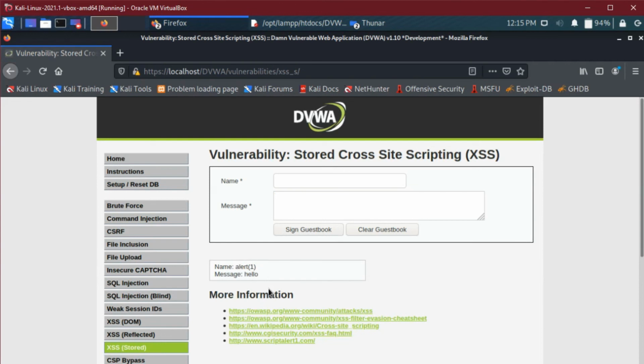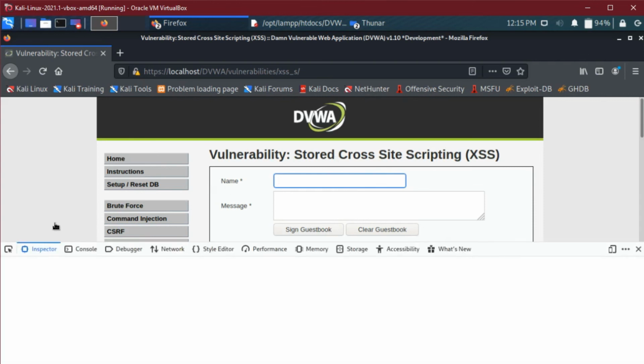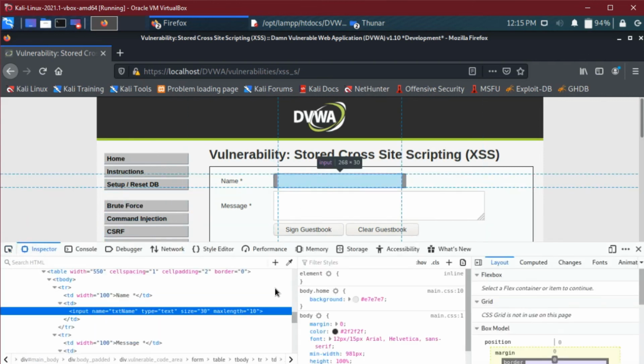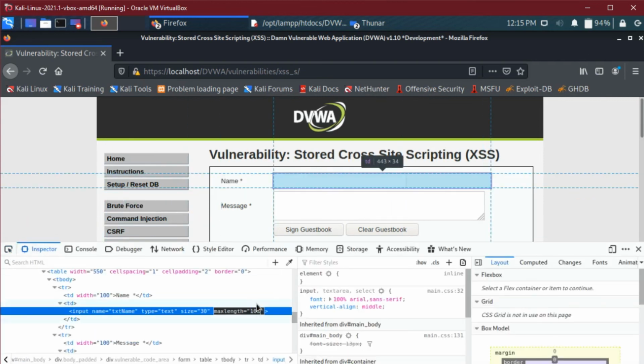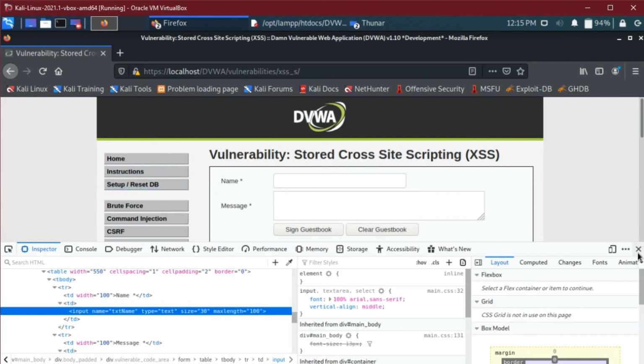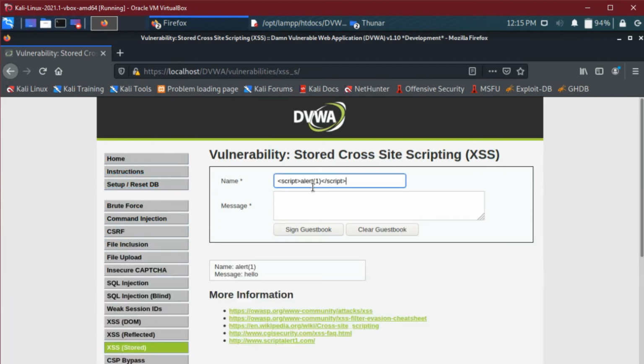So next, we again go to F12, press this, and set the maximum length to 100. I'm just closing this. So I'm pasting the payload here. I'm just changing one letter to a capital S, or capital P, capital T, anything you want. So here I'm typing HELLO.